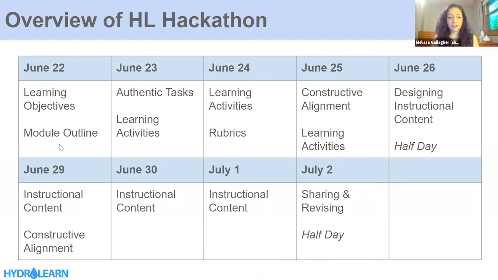So yesterday we talked a lot about learning objectives and worked on our module outlines. I have to say that I was really impressed, and in talking with the other co-PIs, I heard that a lot with the amount of work you got done, the depth of thought, the ideas, the high quality of your learning objectives, the way you were thinking about the taxonomy as well. In fact, a common theme I heard was that each of you were trying to do so much in your modules. So I think the theme today may be making sure that we're hitting the right balance.